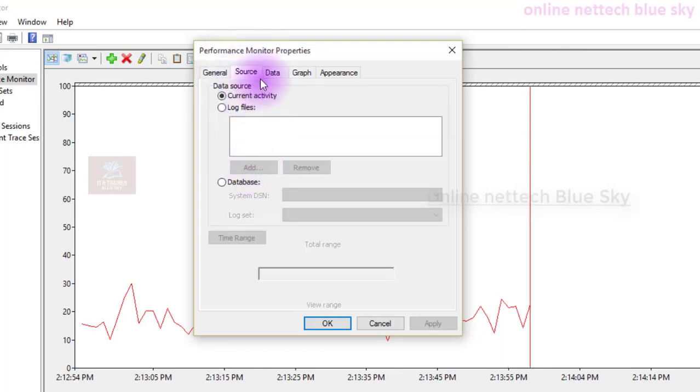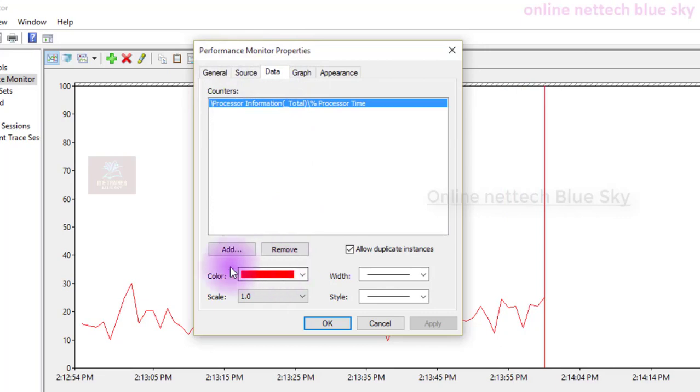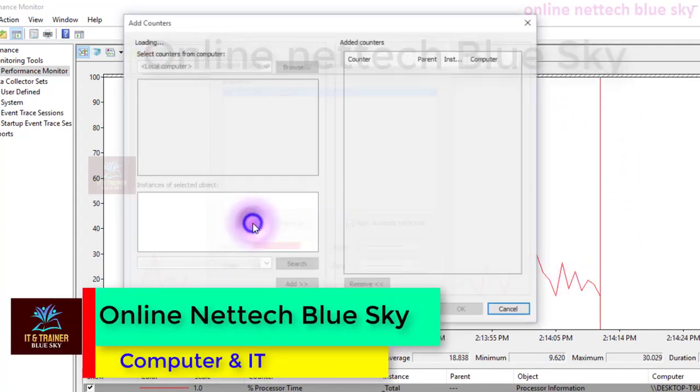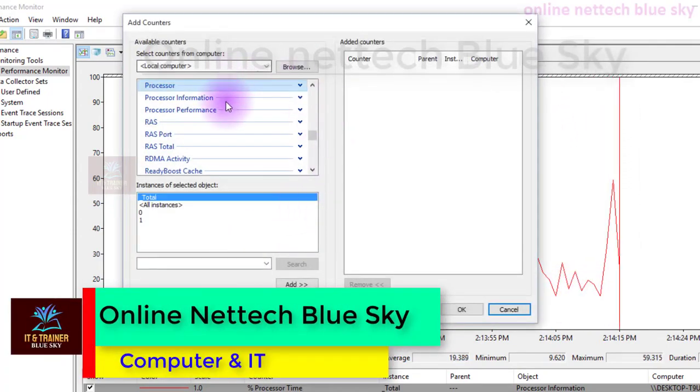Source, current activity data, you can see here. This is a color, and if you want to add something, this is the only performance information: only processor time is being taken. Okay, this is showing in lines, processor time only. But I will add another system, and I will enter other processor performance.